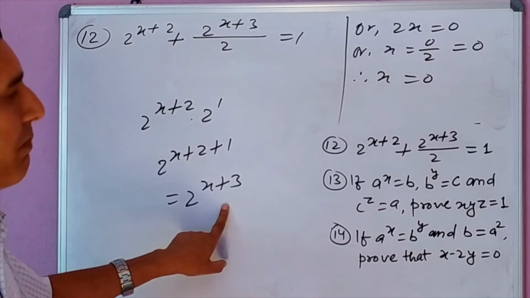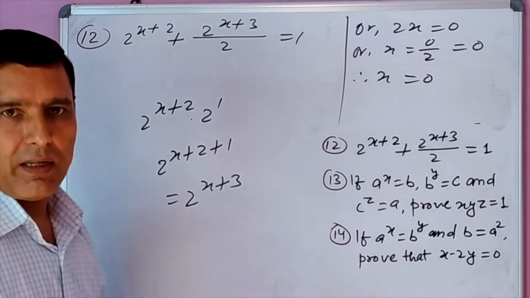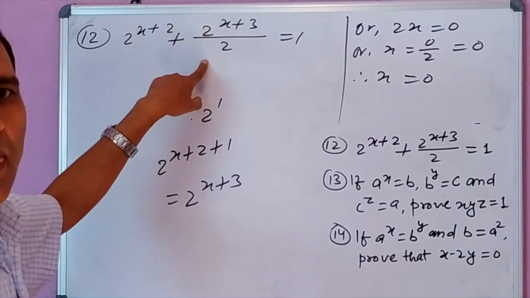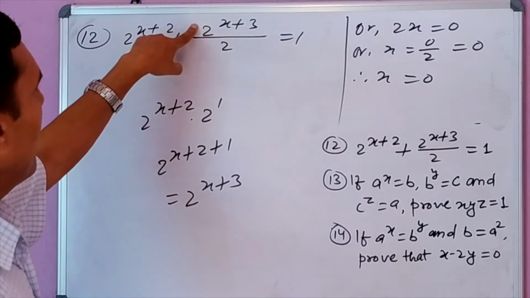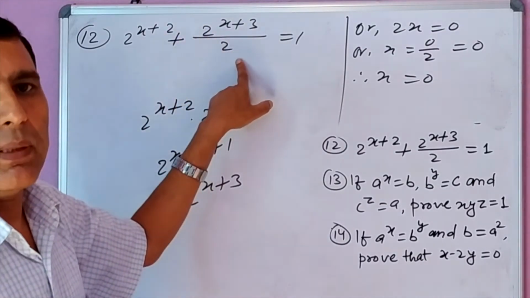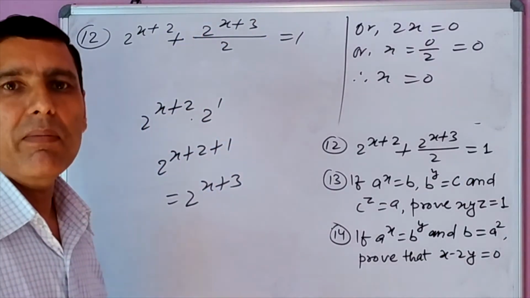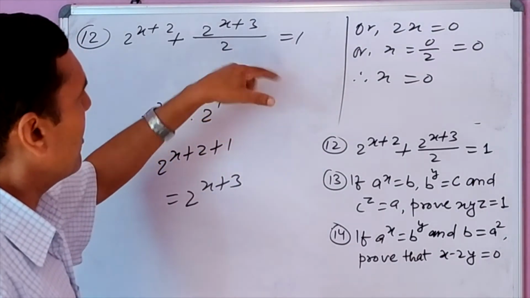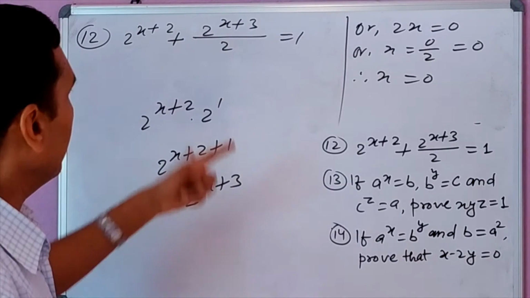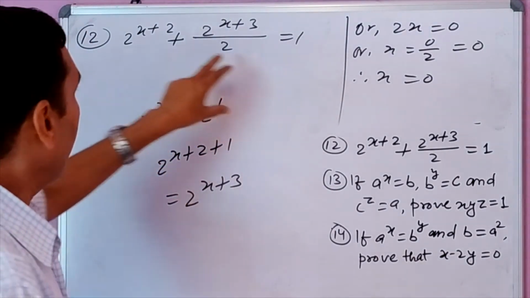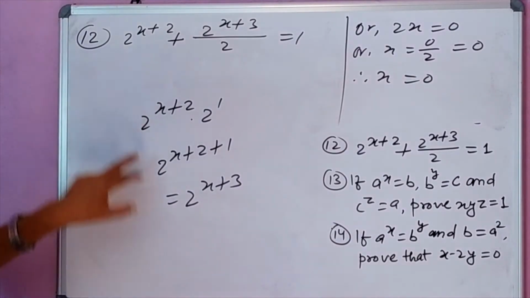That is if you take the LCM. But I am doing this without taking the LCM. We can do it without taking the LCM also, because in the numerator and denominator we have the same base 2. The numerator of the second term is 2 to the power x plus 3, and the denominator is 2. So we can collect the power of 2 together, bringing this 2 up from the denominator. That means 2 to the power 1 becomes minus 1 on the same base. This is another technique.